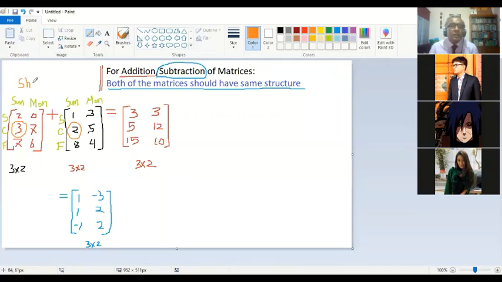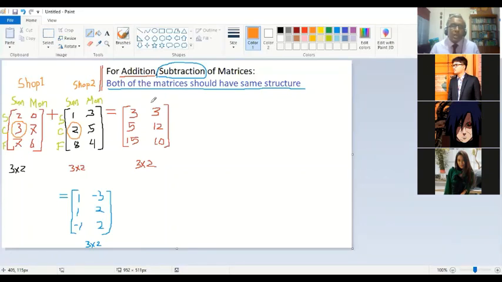Yes, another good idea. Okay, good. This is shop one and shop two. This is the number of drinks sold from shop one and this is from shop two. So it can be two persons, two stores, or two times, right? You are getting two matrices of the same structure, with two columns and 3 rows for both of your shops. So you are now finding the total number of drinks sold. That will be the addition.